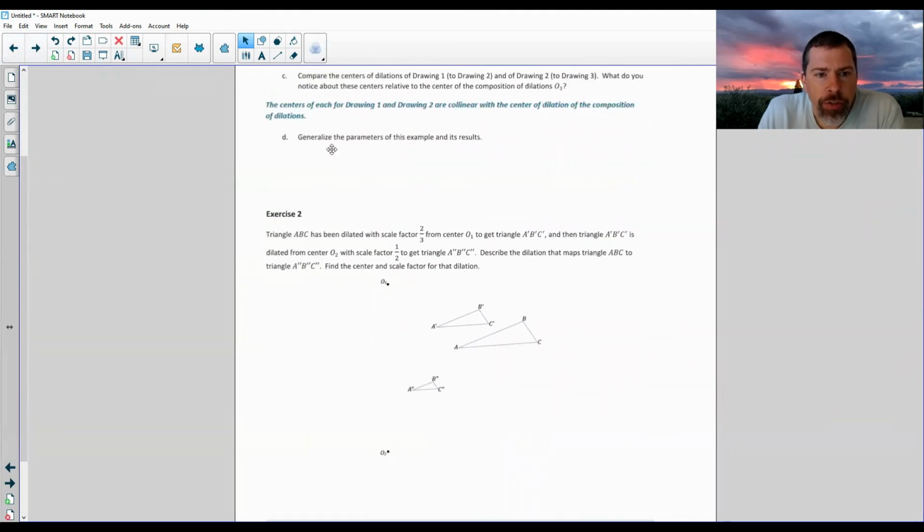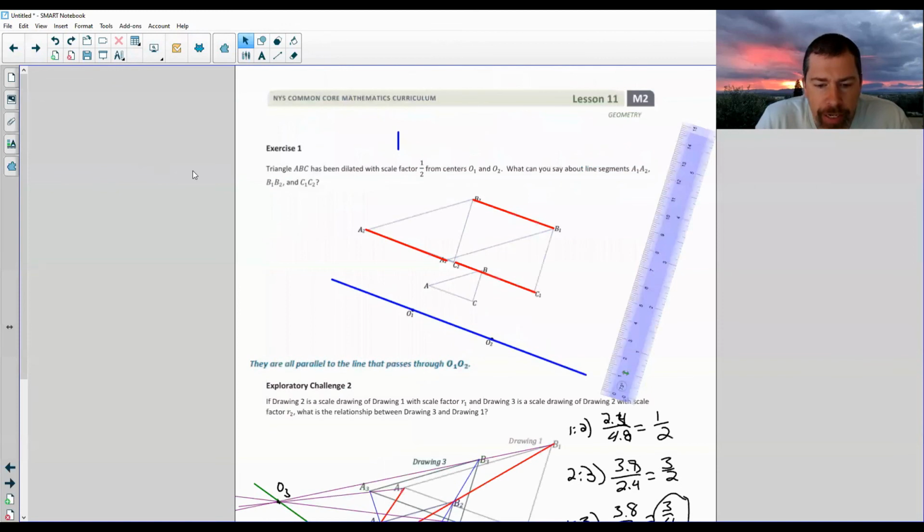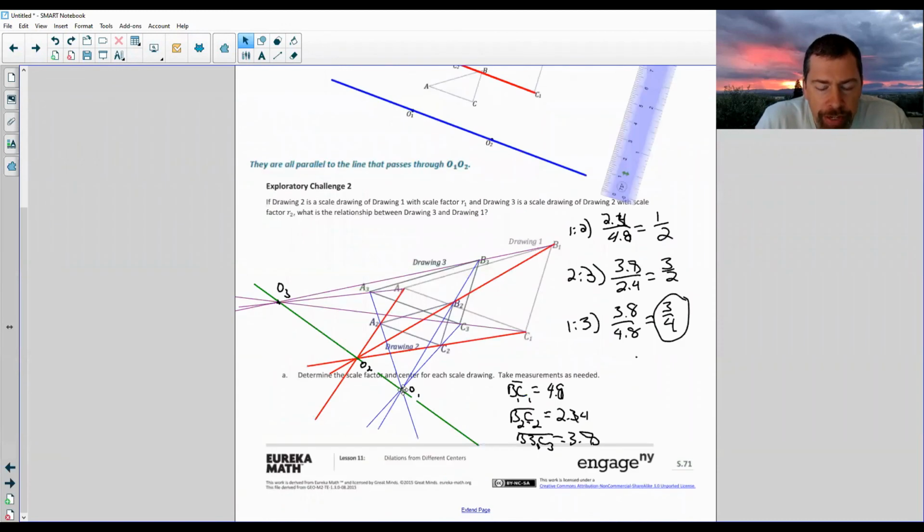Part D, generalize the parameters of this example and its results. All right, so a composition of dilations D sub O1 R1. So what does that mean? Dilation from O1, a scale factor of R1, which was 1/2,